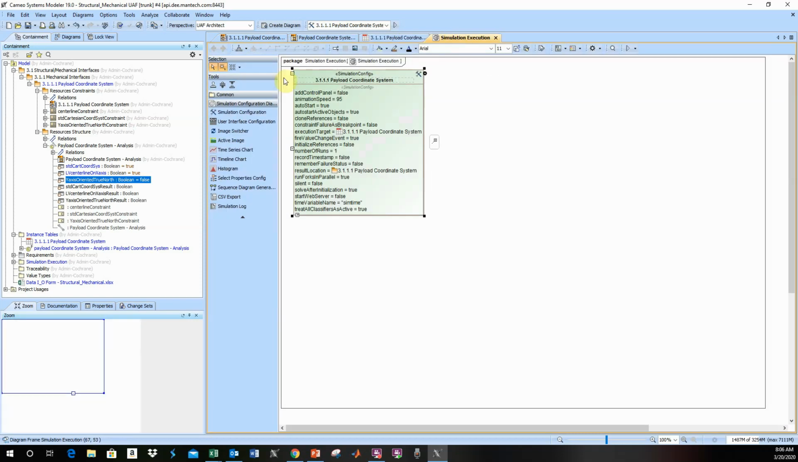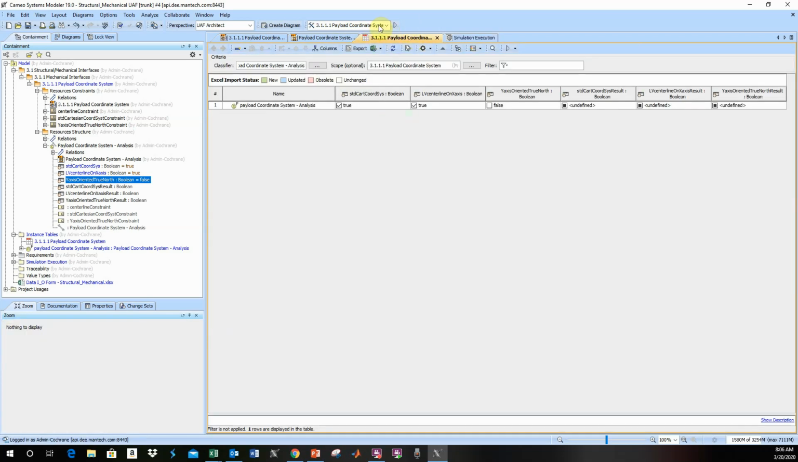I created a simulation configuration for that where the execution target is the instance table, the result location is the payload coordinate system, and so it should run. And up here I have simulation configuration. So if I click run,